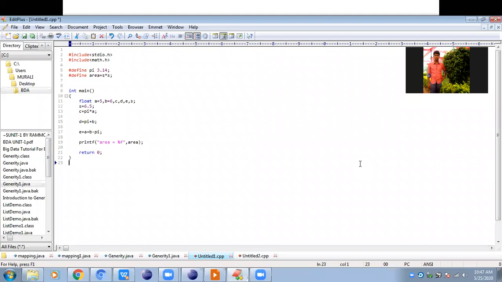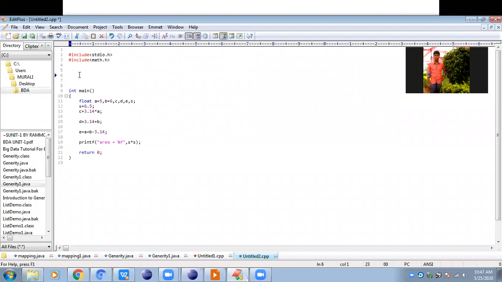Now pi is replaced with 3.14. Similarly, it will find the macro name area wherever it is used, and that area will be replaced with the formula S into S. Now that is also replaced, so it will remove this line also.